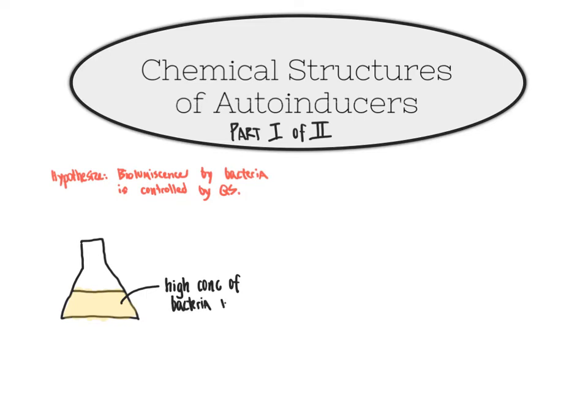were achieved and bioluminescence was noted. So we started to notice that suddenly the bacteria culture was glowing in the dark once it reached that certain high concentration of bacteria. And assuming or hypothesizing that bioluminescence was triggered by a quorum sensing molecule, we could then aim to isolate and identify that quorum sensing molecule, the autoinducer in other words, from this flask of bacteria. And so in order to accomplish that,